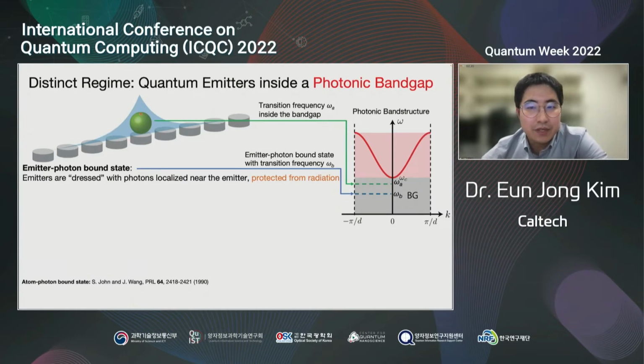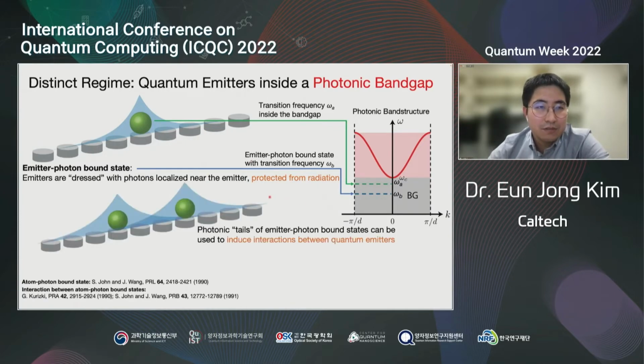Such a bound state of emitter and photon is a result of hybridization of atomic excitation with cavity-like excitation of modes inside a transmission band. And it is important to note that while the emitter itself is a local point-like object, the emitter-photon bound state now has a broad spatial extent provided by the photons while simultaneously being protected from radiation. Soon after the prediction of the emitter-photon bound state, it was also shown that the overlap of photonic tails